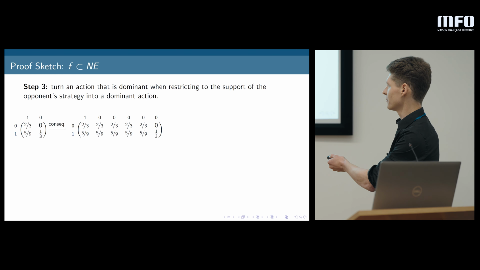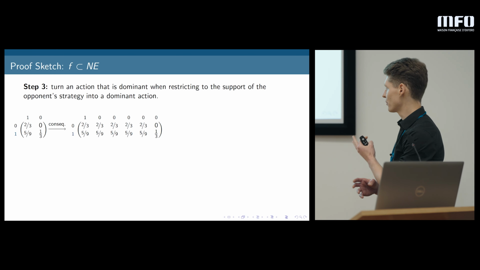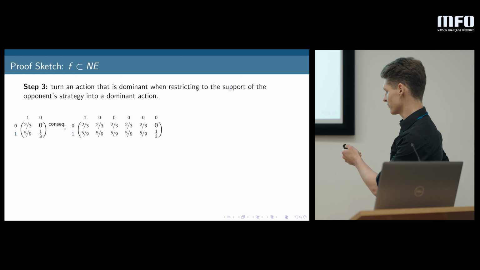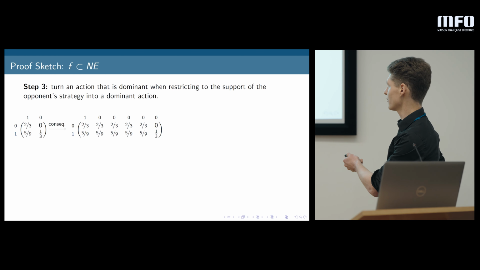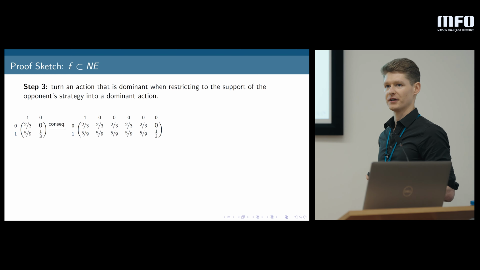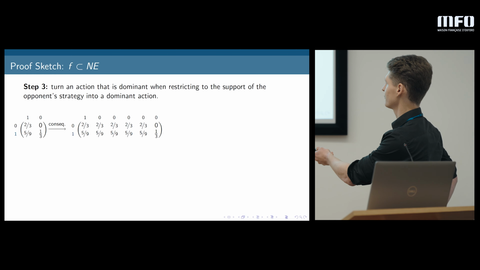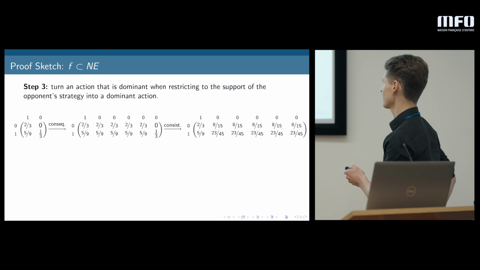So what we do is make lots of copies of the first action of the column player. In this case, 4 more copies. And then again, we will permute the first 5 actions of the column player. So we only leave the last one fixed. And then again, average by taking convex combinations. Sorry, I was wrong. So we fix the first action and permute the last ones.